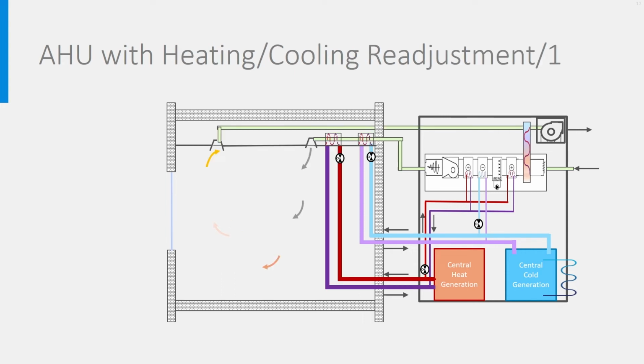As an alternative, it is possible to combine heating and cooling readjustment, and instead of placing it on the wall, you can also place it in the suspended ceiling that we are already using for the return air. And of course, all water pipes are placed on the walls or hidden in it, not like in my drawing. Here too, the control is by a switch or a thermostat.